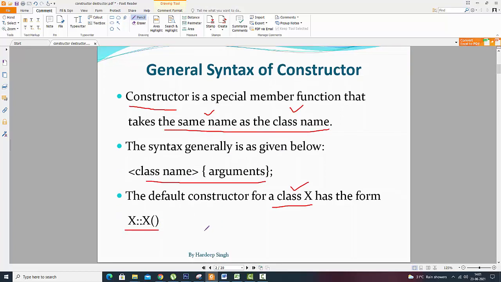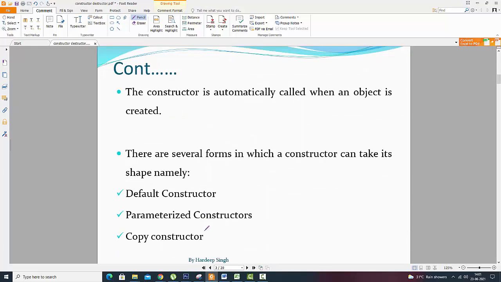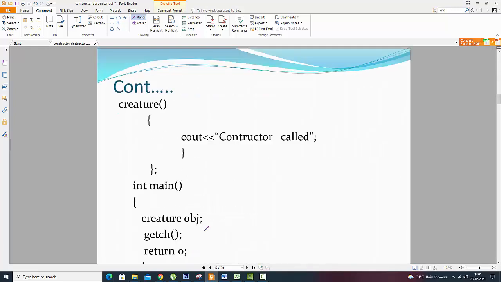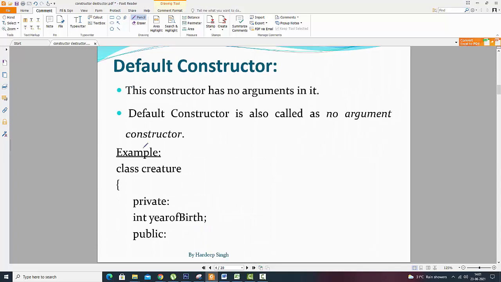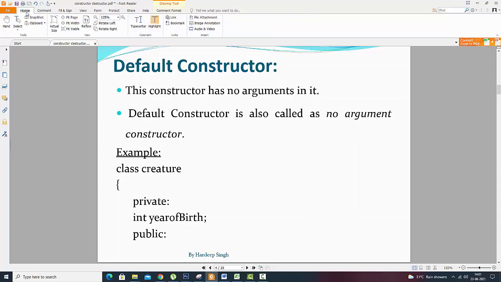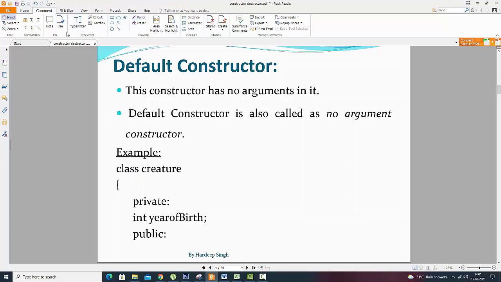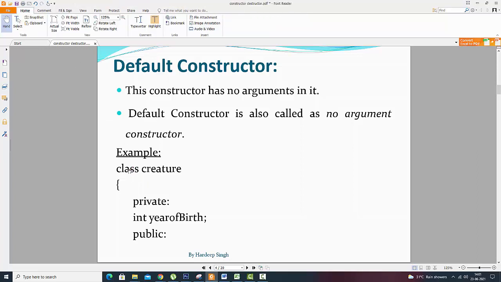So how it looks like, let us see an example. First of all, this is an example of a class default constructor. Here they have said that there is a constructor.